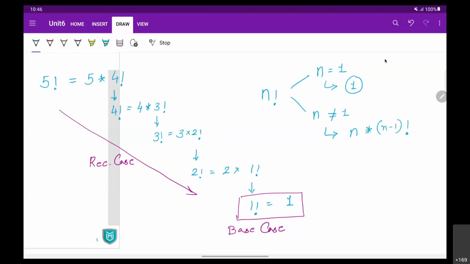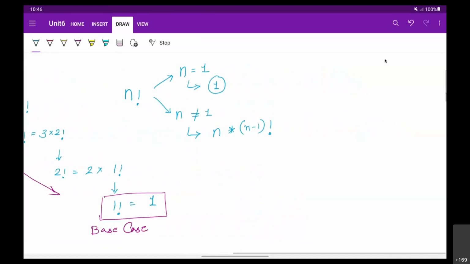This is what we have to perform. To find n factorial, we will check if n is 1, then we are not going for recursion. We have the direct answer, and that becomes our base case.